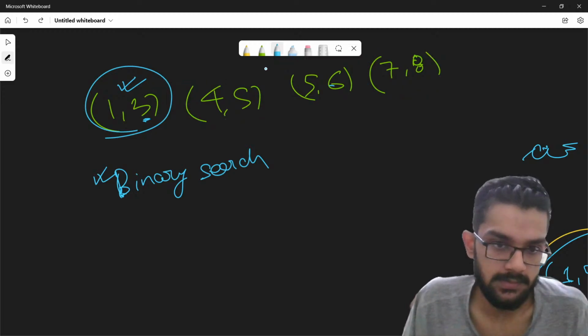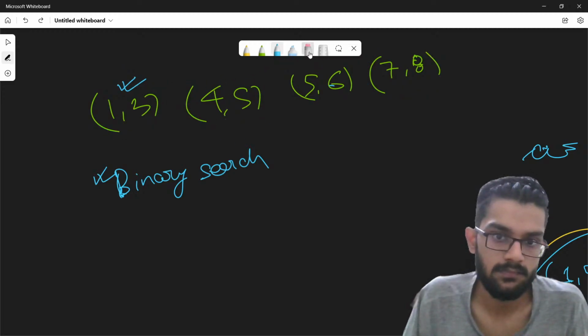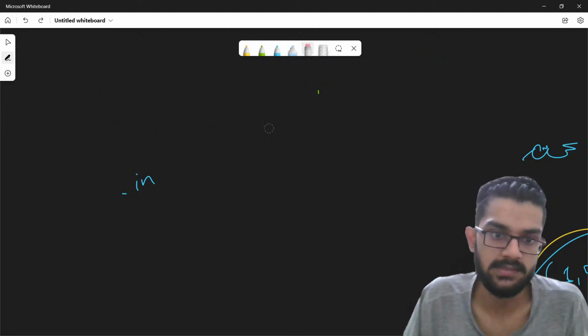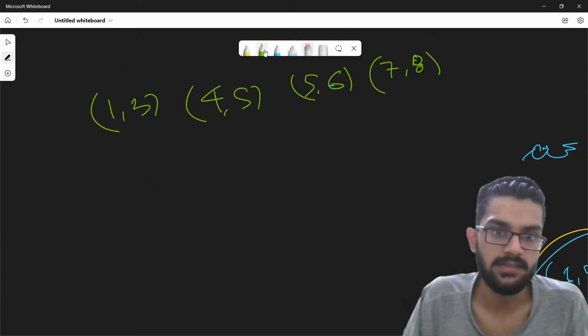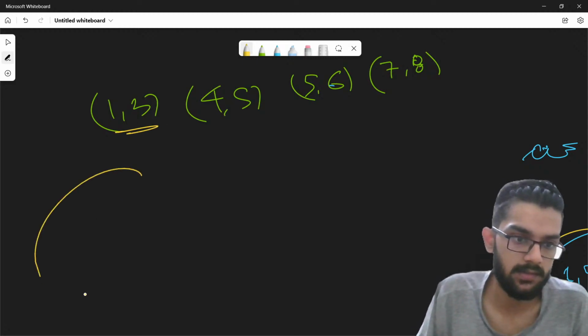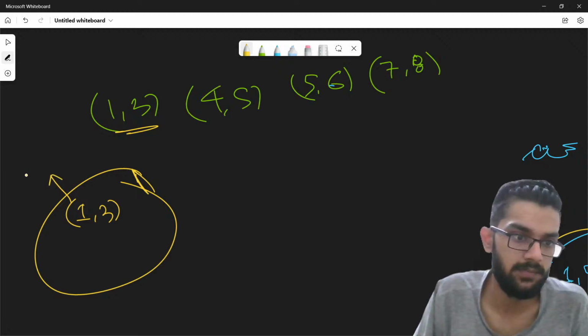Or I could try this key. Let's say for this test case itself, where is it? Okay, let's try for this itself. Instead of binary search, whenever I'm at a particular group, I'll put it in a thing. So in this case, it's 1, comma 3, and this could be a minimum heap,